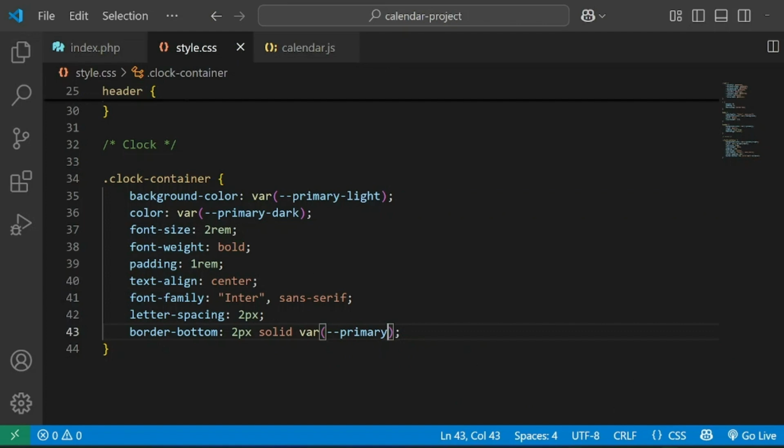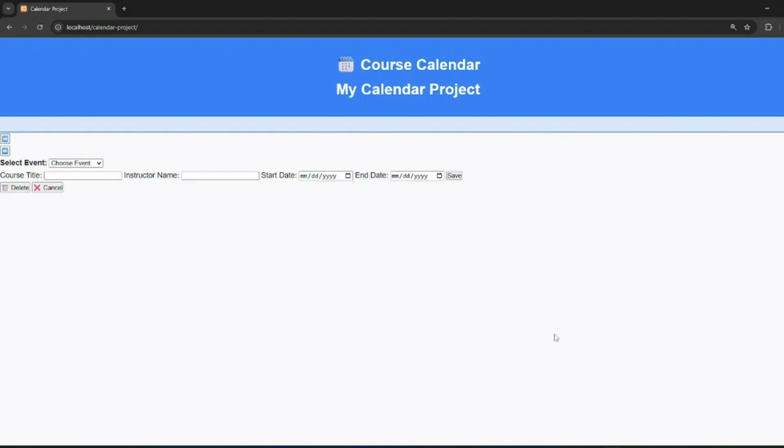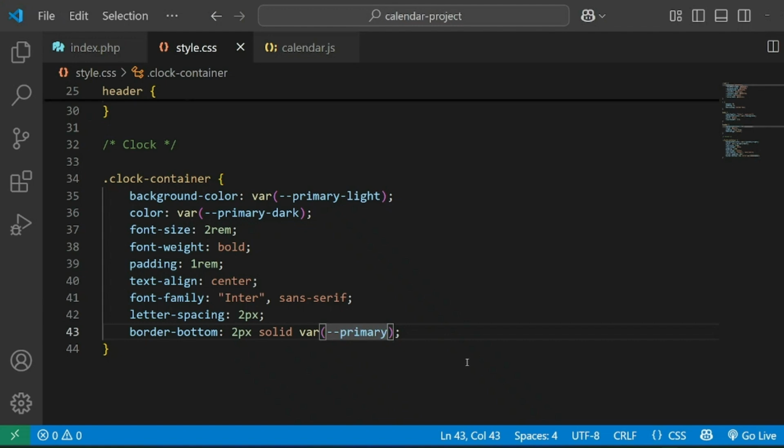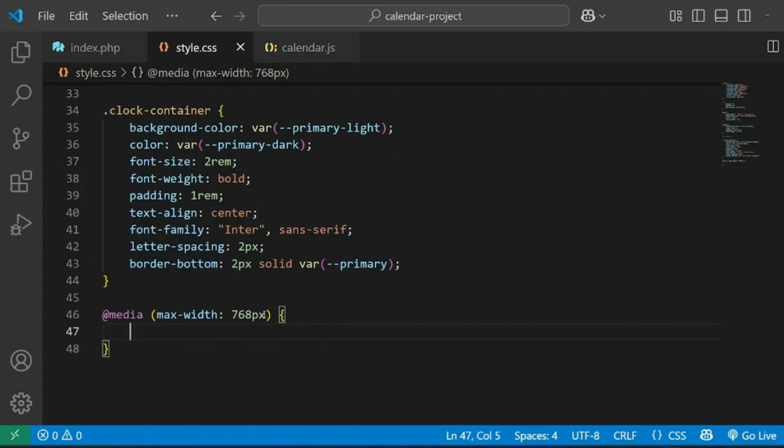So now if you notice this clock container, it will be like this. So this is the clock container, and now we will add some media query for it to make the clock container responsive. So media, and then max-width I will set the max width as 768 pixels. So the maximum width of the device screen will be 768. So every single device screen equal to this or less, we will set the clock container to be as the